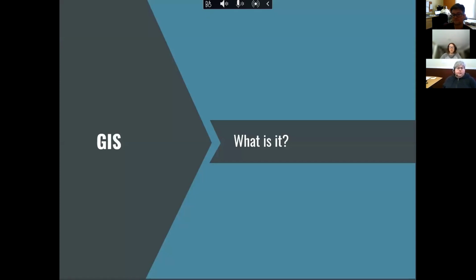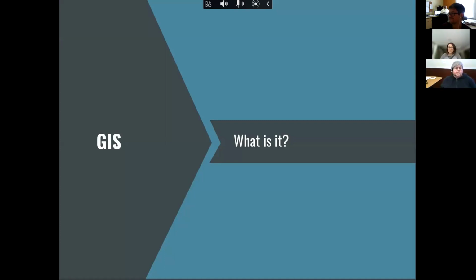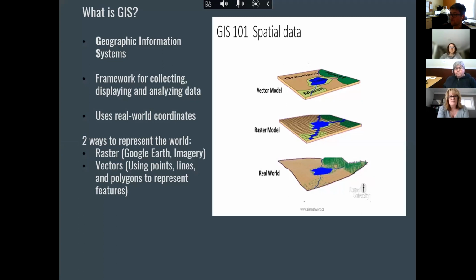And then to jump into the slides today. So I'll be looking at what GIS is first. Does anybody know what GIS is? Has anybody done any work with GIS in the past besides Andre and Justin? I'm going to take that silence as a no. Cool, okay. So for those of us who aren't really familiar what GIS is,